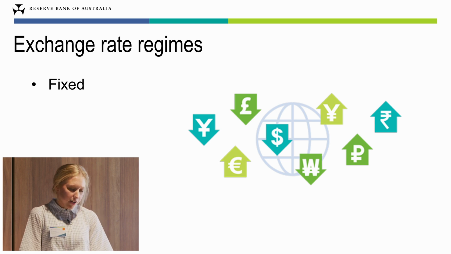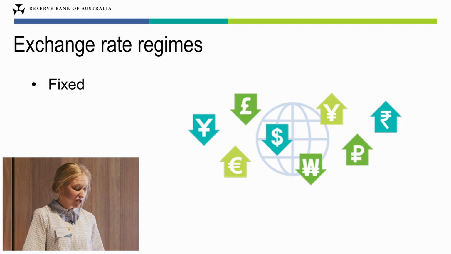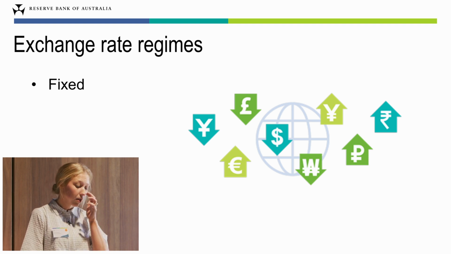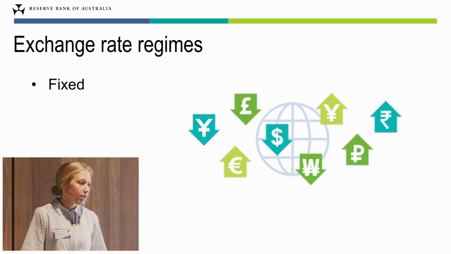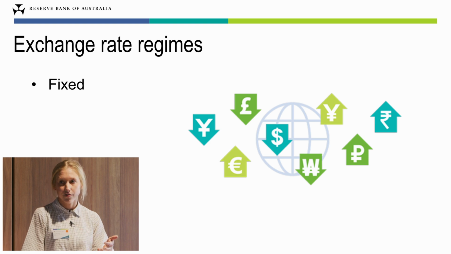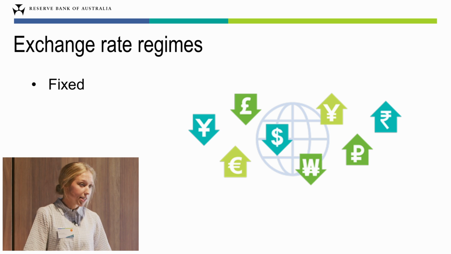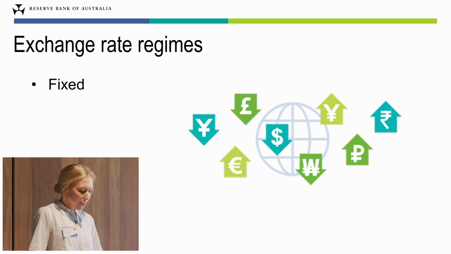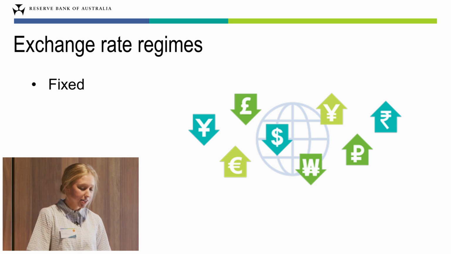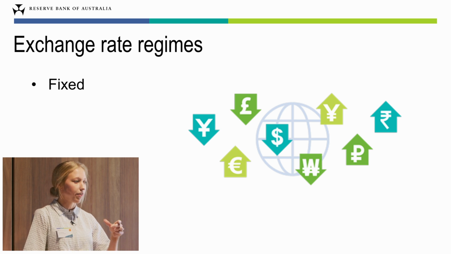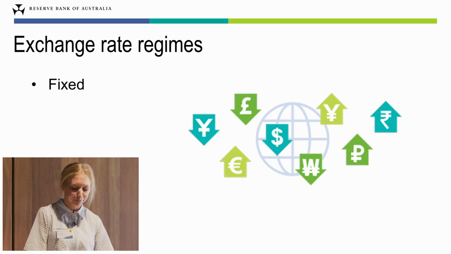The main benefit is that it can be used to keep your exports cheap and competitive in a global setting. It also gives you certainty around the value of your currency, and as a result, you tend to see a lot less volatility in your FX market. An example of this is the Danish kroner. In Denmark, they peg their currency so that €1 is equal to 7.46 kroner, but it's allowed to fluctuate in a very tight band around that target level.